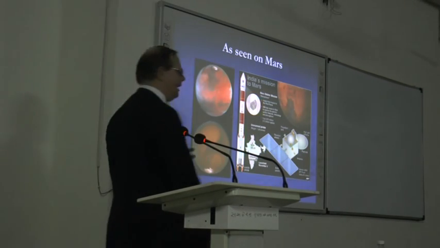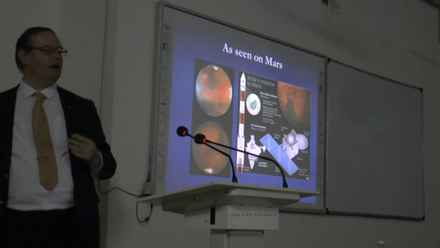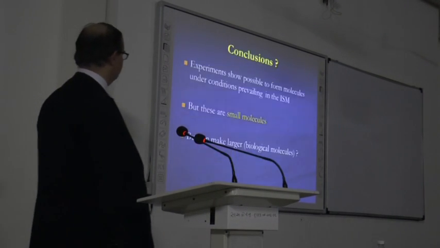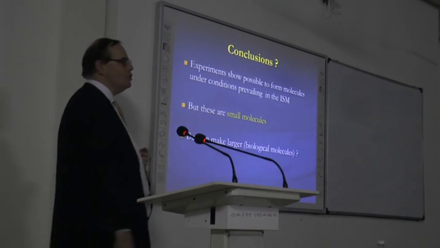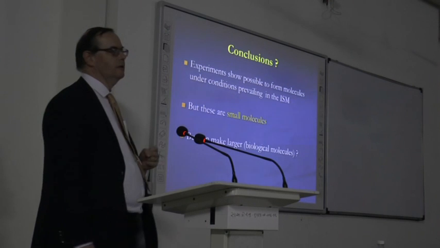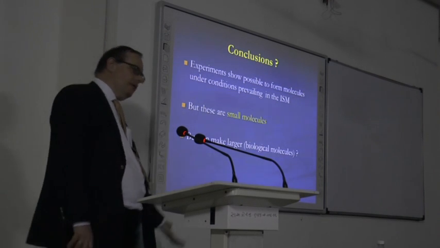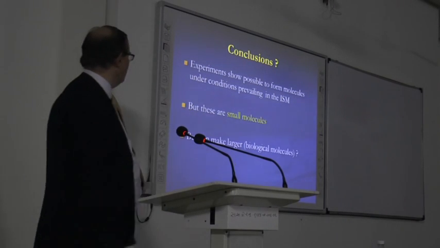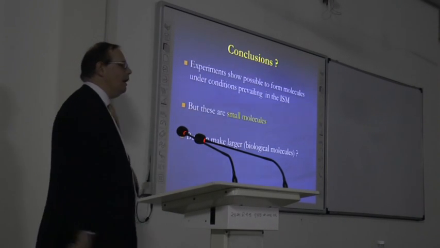So some of this work can and will be done in the future, and the PRN is designing the next generation of experiments and probes to do it. So, the conclusions so far. We can make small molecules. We know the theory: with these dust grains and irradiating the ice, we can make the small molecules. Can we make the larger biological molecules?